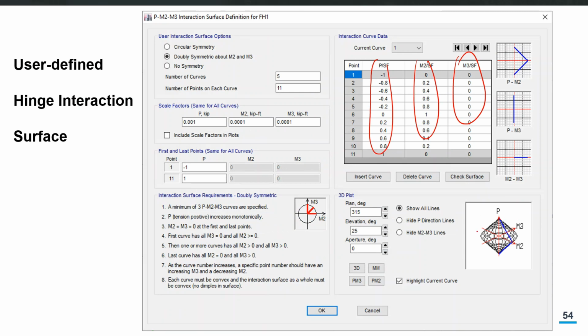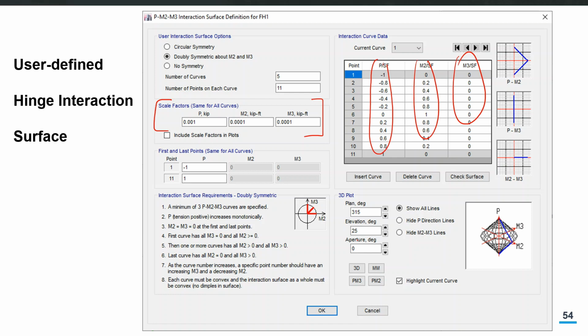Actually, you have to give the normalized values: P over scale factor, M2 over scale factor and M3 over scale factor. You can give these scale factors as the capacities, the axial capacity and the two moment capacities in both directions, and the program can generate the full surface for you, and then this will be used for that plastic hinge.